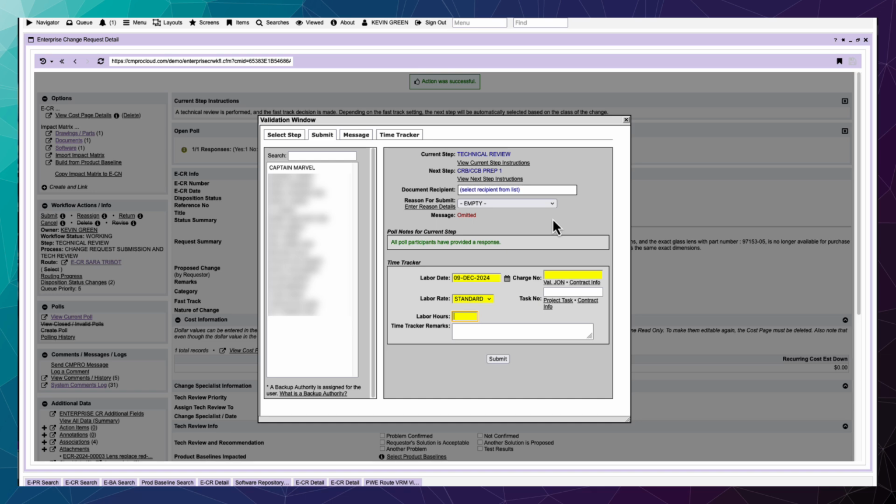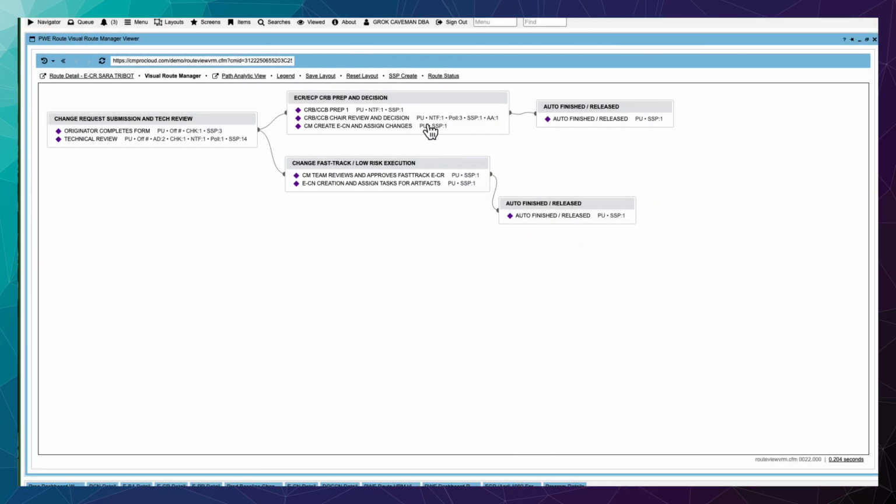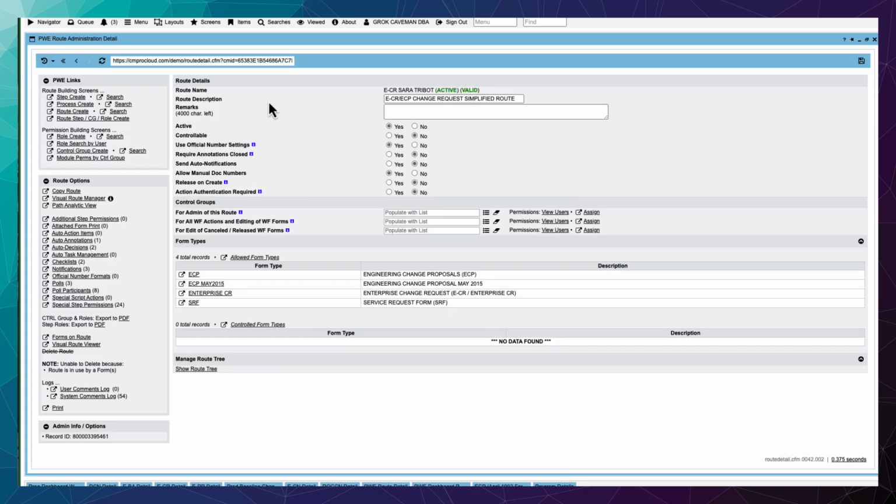Okay, I switched to an admin account, hence the color change. You notice I'm a different user now. So what we're looking at now is the route admin page. And this is that same route layout you saw before, except this is from an administrator's position. So in reality, when you set up a route, you have names, descriptions, rules. You go in and decide what form types are allowed to use that flow, and then you can go in,